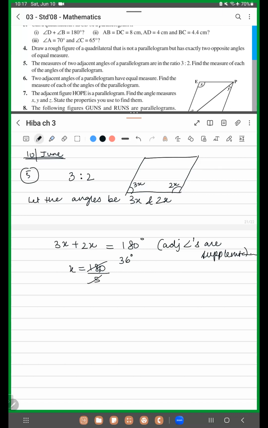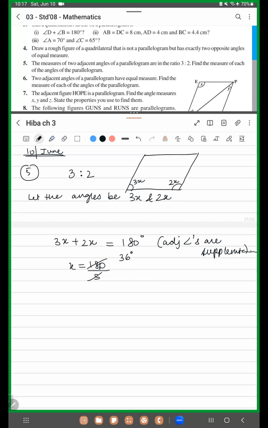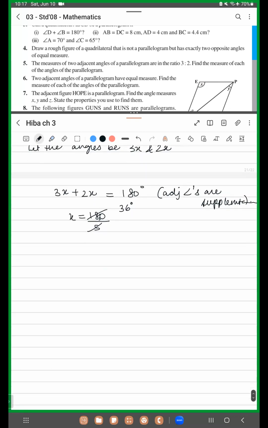Hiba, my screen is visible now. Yeah. Okay. And then